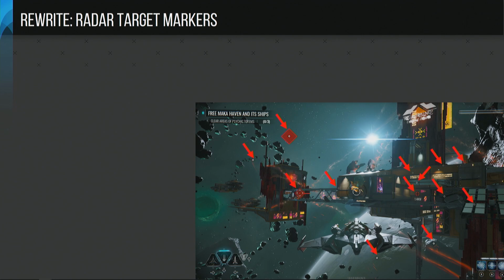So the point is that we have quite a few of these different target markers, and of course they're also more visible when they're actually in motion, but they tell you important stuff like, okay, there's something here where you can go, which might be interesting to you. So our problem was that we had lots of these markers and we were using UMG widgets for these, and that ended up being way too slow.